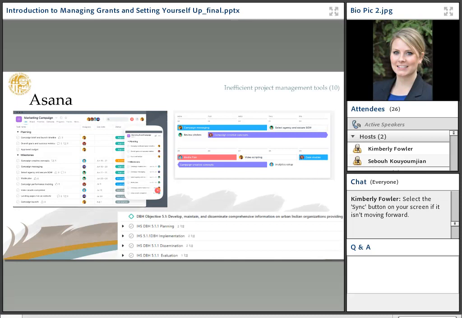It forces folks to think about everything that needs to happen within each of those phases, so they're not missing deadlines because they didn't factor in everything that needs to go into the planning of a certain project, or forgetting to disseminate information or evaluate something. And the evaluation is, again, where the accountability to our funders comes from.